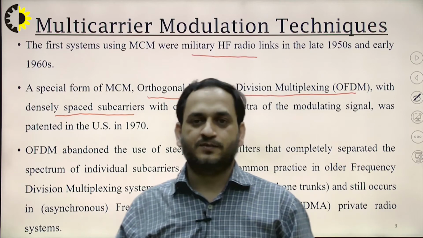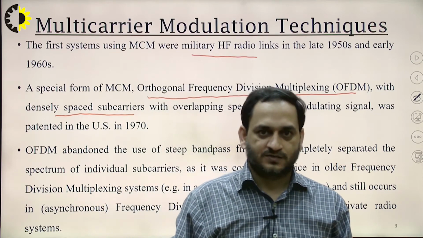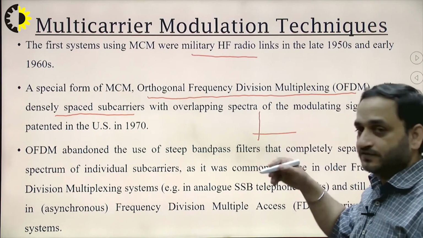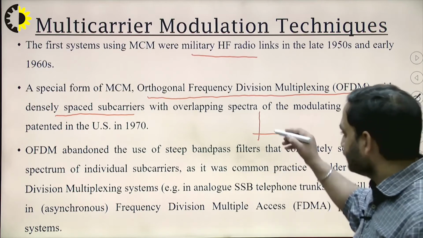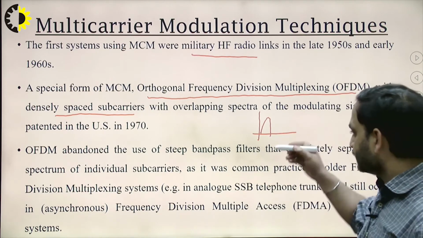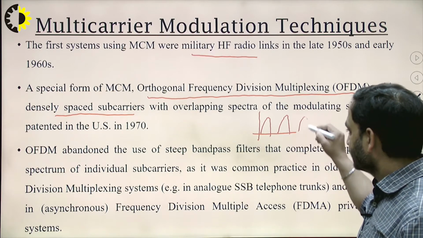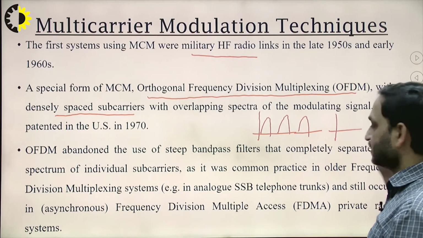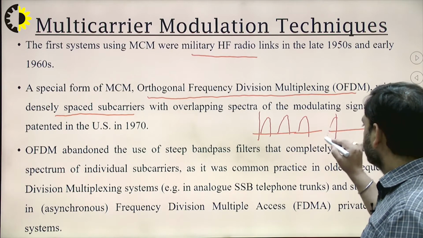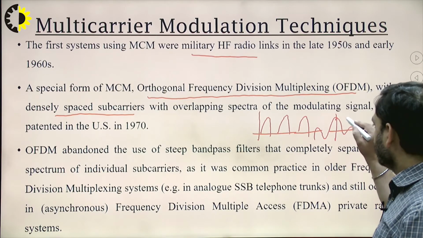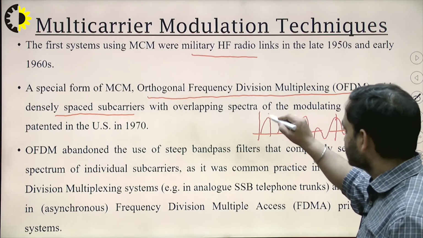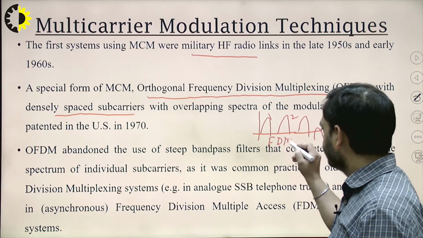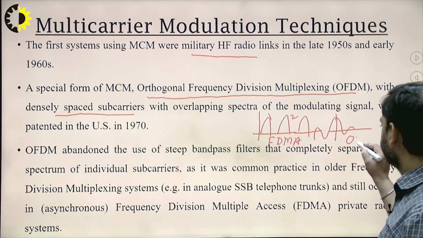So this OFDM is different from the FDMA system. In FDMA, we are very much aware that when we have the signal, we bifurcate the channel into subcarriers which have some spacing. But in the case of multi-carrier or the OFDM system, we simply take the spectra of each signal and draw the spectra like this, and the second subcarrier like the first subcarrier. This is the case of FDMA, and this is the case of OFDMA.